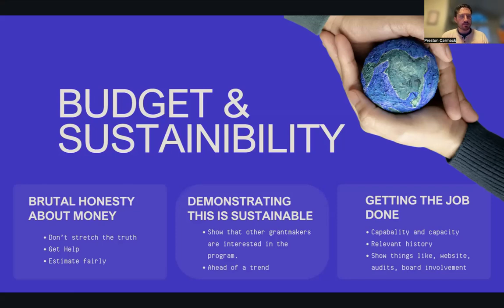Even if it is a one-time project that doesn't go on forever and ever, it's a 6-month project, it ends. There needs to be a clear through line of why this project matters that sustains throughout your organization's work and the communities that you serve. And it needs to be spelled out for these funders that this is not just a flash in the pan, but this is something that has lasting impact and value, right?